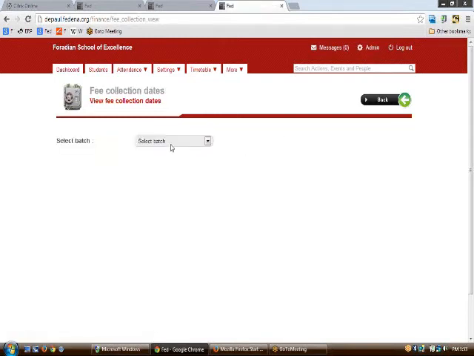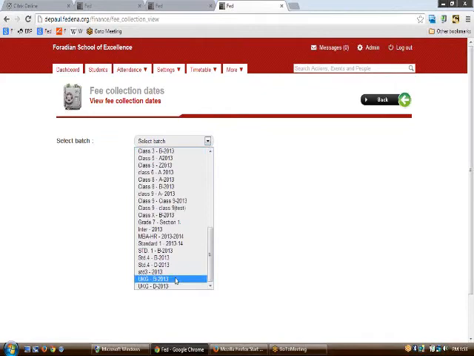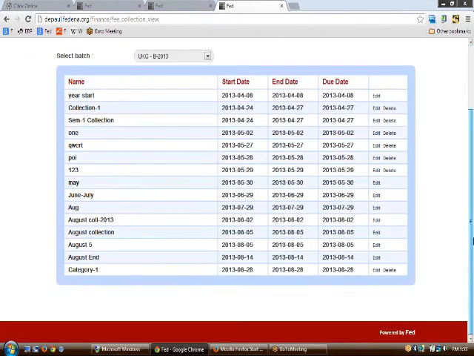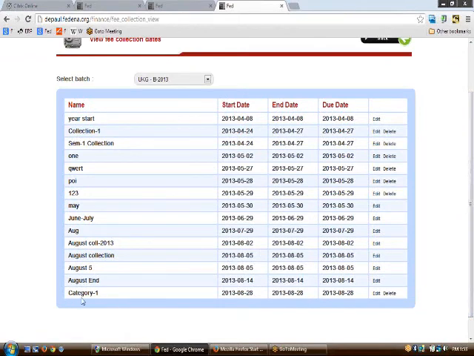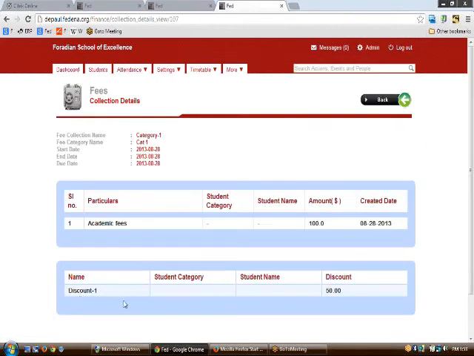To view all the collection dates, you can click upon the particular batch and click upon the categories that are there. In category 1, you have several discounts called discount 1 here again, and academic fees. This is the way you can view the different collection dates.